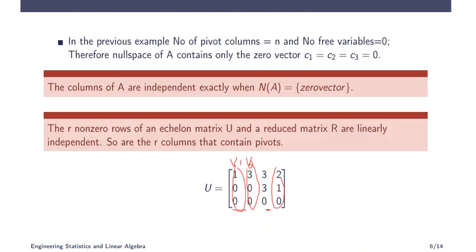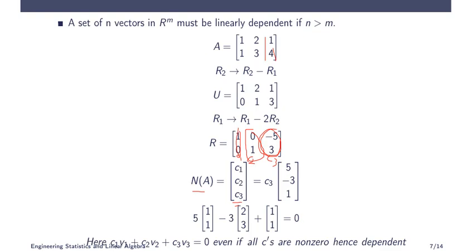So what is the condition for null space? If the combination is exactly the 0 vector only, that means the columns are independent. Now it is not exactly the 0 vector, we have something other than the 0 vector. So this is a linear combination which can bring 0 without all coefficients being 0. If you put 0 here, anyhow that will be 0: 0 into something plus 0 into something plus 0 into something is 0. But it has another solution also, that is like this one: 5 into the first vector plus -3 into the second vector plus 1 into the third vector gives you 0.